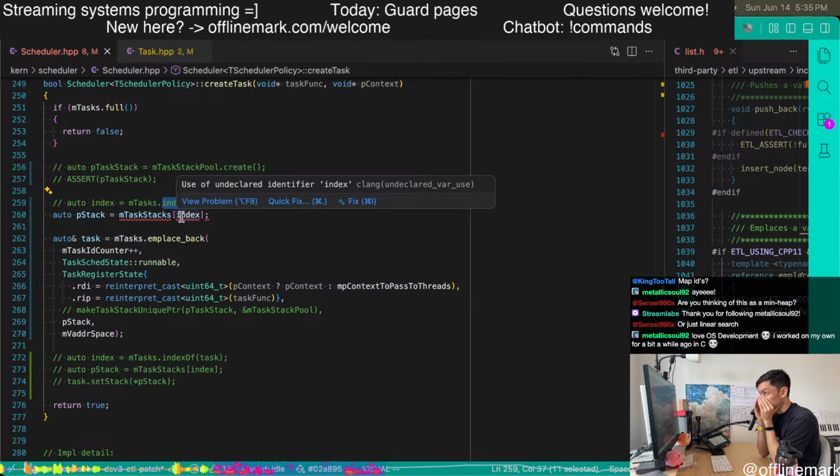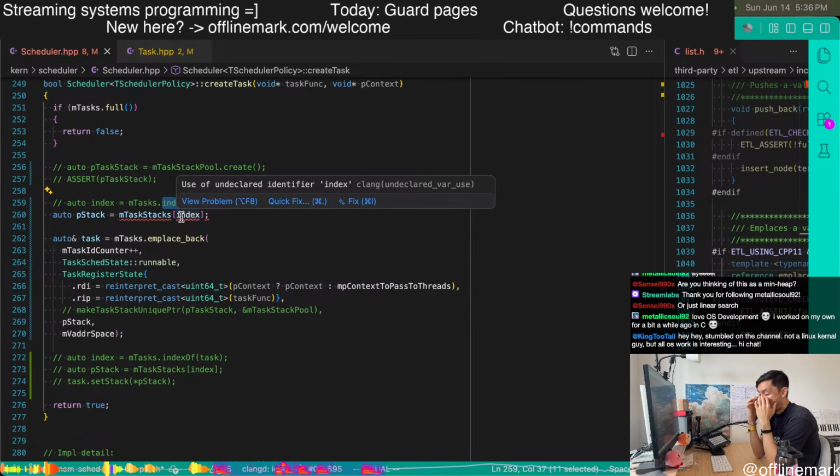Oh, okay, so maybe that is a little bit tricky, but internally, there is some kind of linked list that's used to keep a free list of the elements in the linked list.